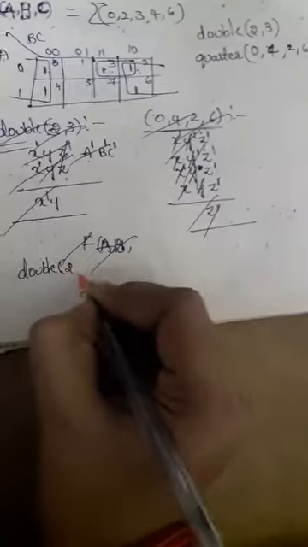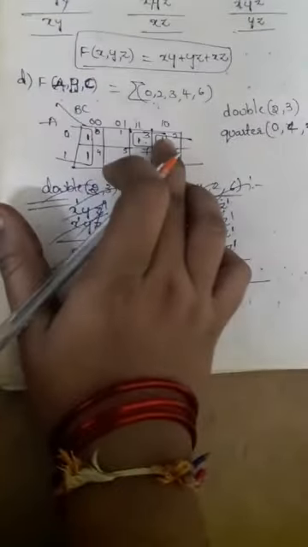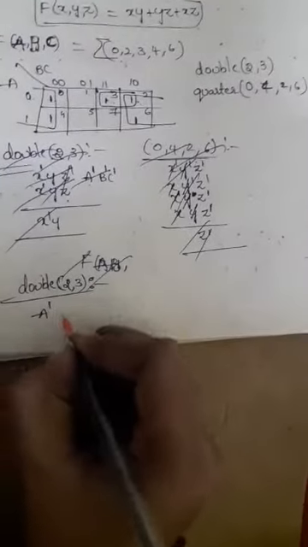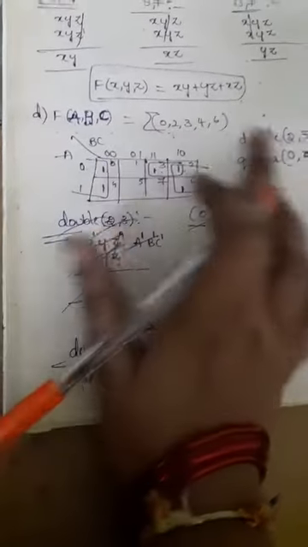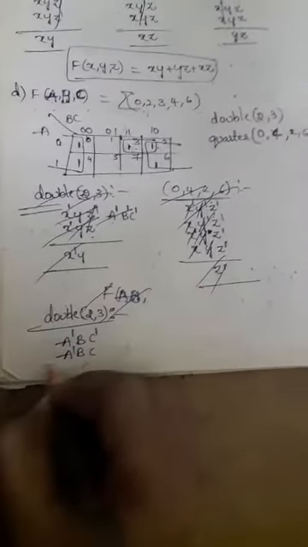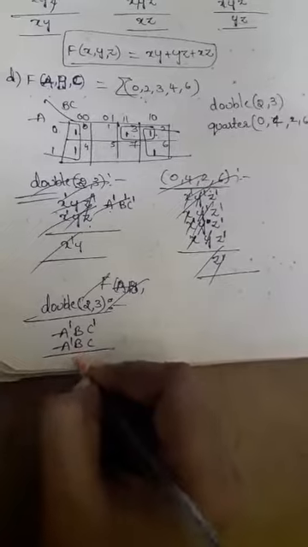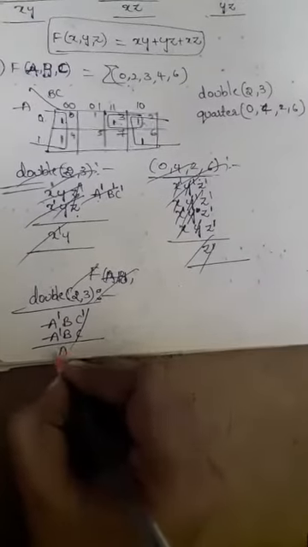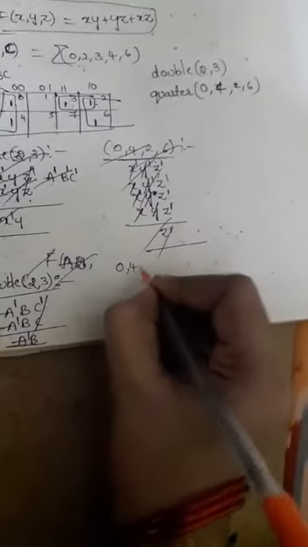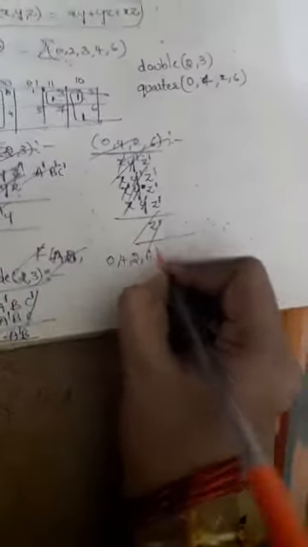So that is nothing but the double for 2, 3. First for 2 we'll get 0 1 0, that is a complement b c complement. Why? Because here the variables are changed, a b c. And the next one, for 3, 0 1 1, a complement b c. Then c complement is cancelled, and the prime implicant result is a complement b. Like that we have to find in the quad also, 0 2 0 4 2 6.